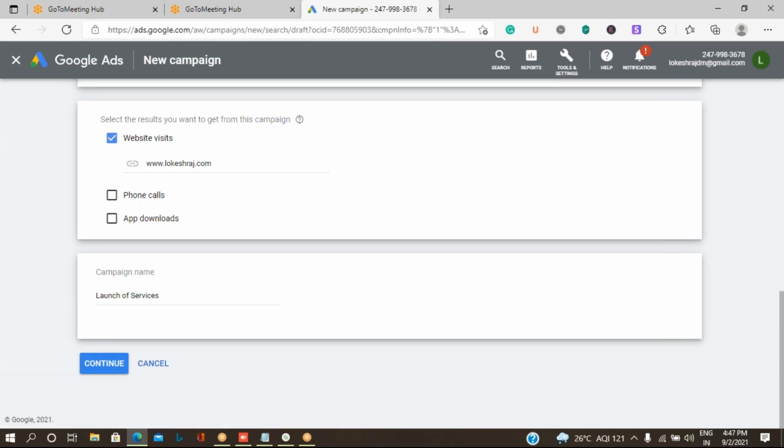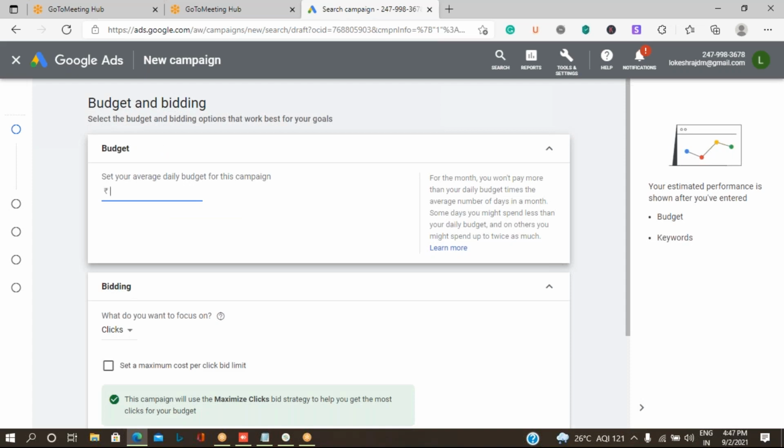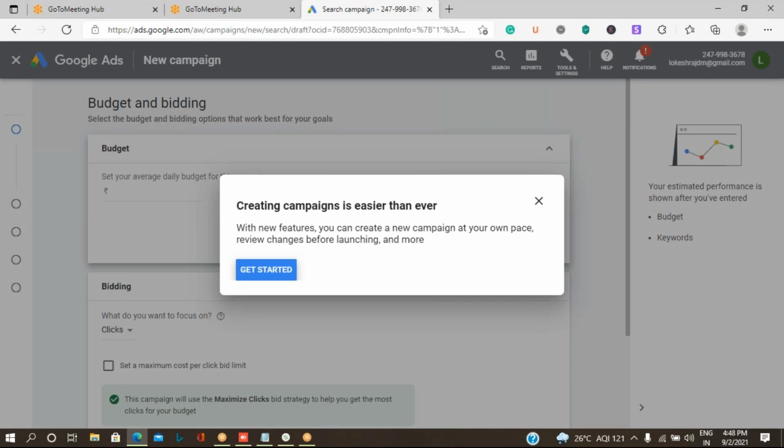You can give any names. For example, now we are going to come up with Teachers Day. So if you are doing anything special for the Teachers Day purpose, you can create a campaign in the name of Teachers Day, so that you can come to know which campaign was best. You got the result. You were able to get more values using that particular campaign type.